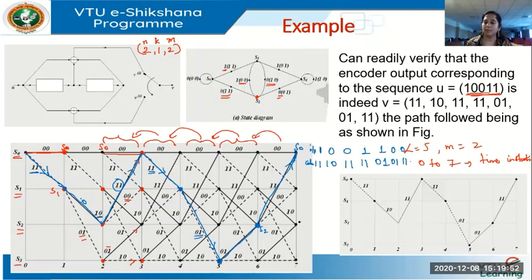The same thing is represented here. Wherever we have ones, dotted line, wherever we have zeros, solid line, you observe the same thing is shown. A single path is traced. Whatever I've drawn in blue here is traced separately in this graph. This is how we draw a trellis, and this is how we encode a given data as a convolutional code using this trellis diagram.